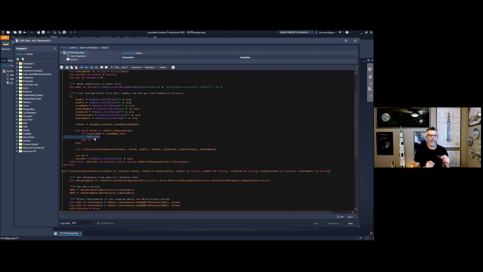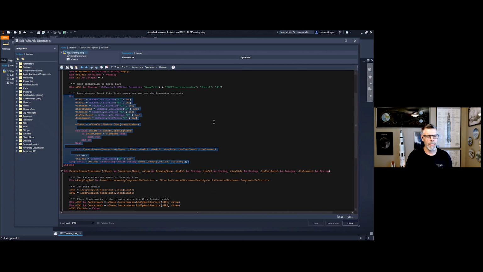So this is another way to, I don't know how many views might exist. They could be on the first sheet, they could be on the second sheet. It doesn't really matter. All we need to understand is I want to look through all the views until I find a view of a very specific name, and then I'm going to do something with that view. So in this case, we actually have a loop inside of a loop to do something by collecting information and creating the linear dimension.